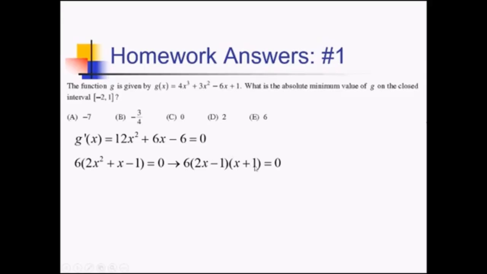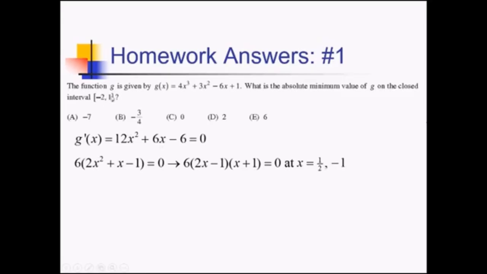Let's multiply it out to make sure that actually works. So 2x times 1 is 2x. We've got a negative x. That adds up to positive x, which is what we wanted. So we're good when we multiply that back out. This means my critical values are going to be x equals 1/2 for that first parentheses, if we set it equal to 0 and solve, and also x equals -1. Now looking at my interval, are these both in the interval -2 to 1? They are. So I'm going to have to test both of these out along with my endpoints of